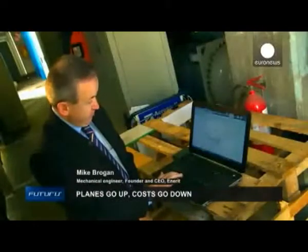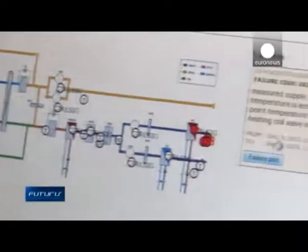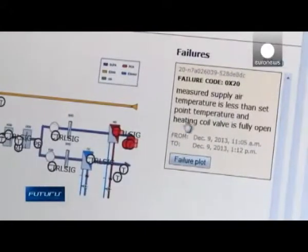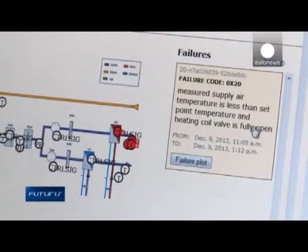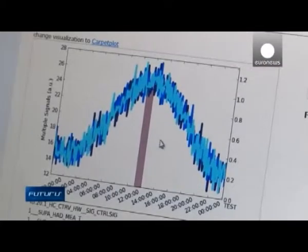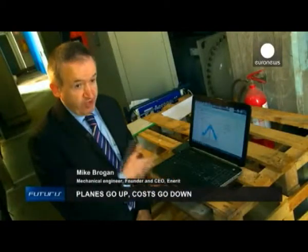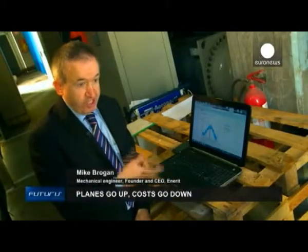We can see that there's a fault here. We can click and you can see the fault has been highlighted. So it's telling us that some of the temperatures are out of range. There's a problem with one of the air handling units with the pumps. There's also an email gone to the energy manager, and that is notifying them of this particular fault. So they get an action which they need to follow up to make sure that the problem is corrected quickly